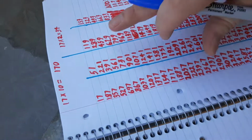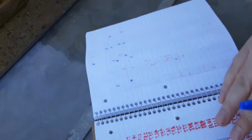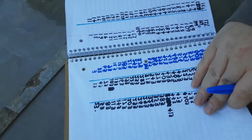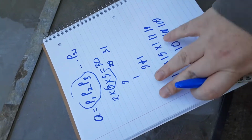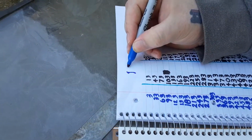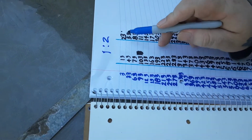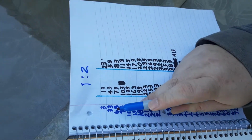I have infinite sets, and these infinite sets are forming to tell me about primes. And all of these numbers will follow the 1-2 ratio, because here's 2 possible primes to 1 definitely not possible, 2 possible to 1 definitely not possible,